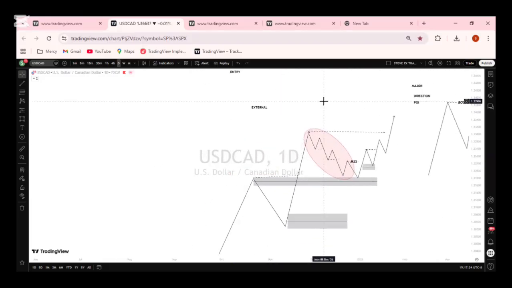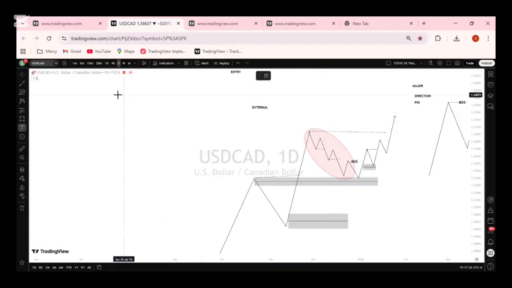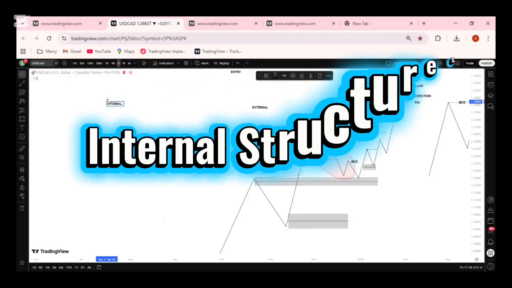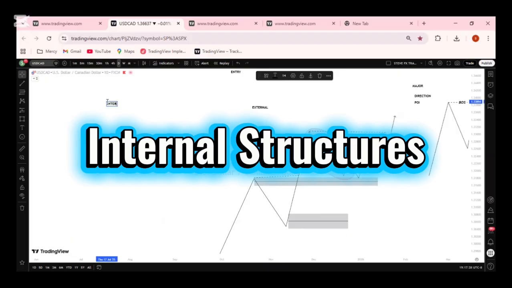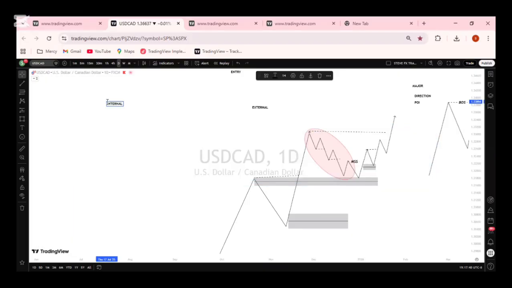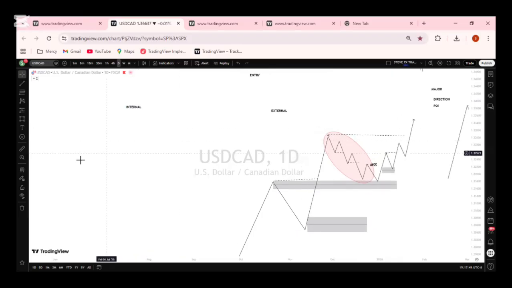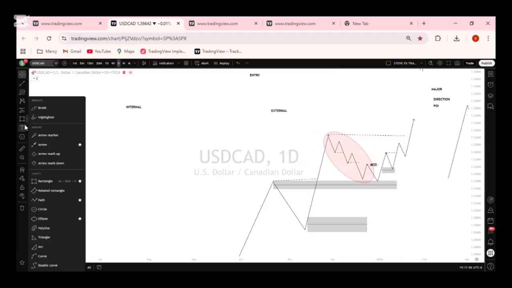Also, when we move on to our internal structures, we said that this is the executioner engine of the market. So when we scale down from our external structures to our internal structures,